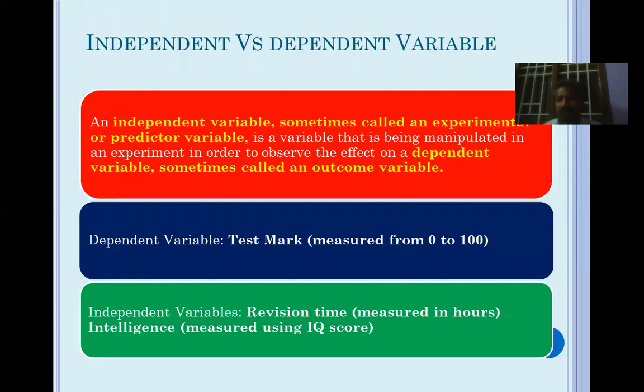Please make a very clear understanding of these two concepts, because in many of the statistical tools they talk about these two variables: independent variable and dependent variable. The independent variable is also called the experiment value or predictor variable. It is a variable that is manipulated by the researcher to get valid inferences. In fact, all the socio-demographic variables are treated as independent variables: your gender, your age, your qualification, your nativity, residing sector. All these are independent variables.